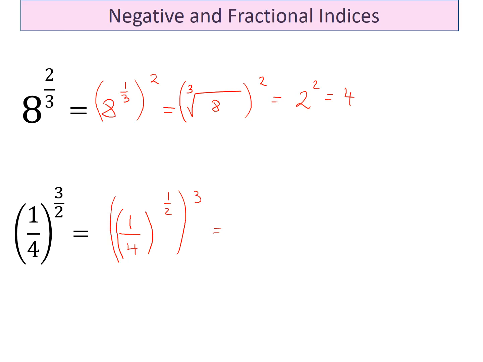Now a power of a half is the same as the square root, and then remember I still have to cube it. Now when I square root a quarter, I get a half, and I still need to cube it, so that's going to be 1 over